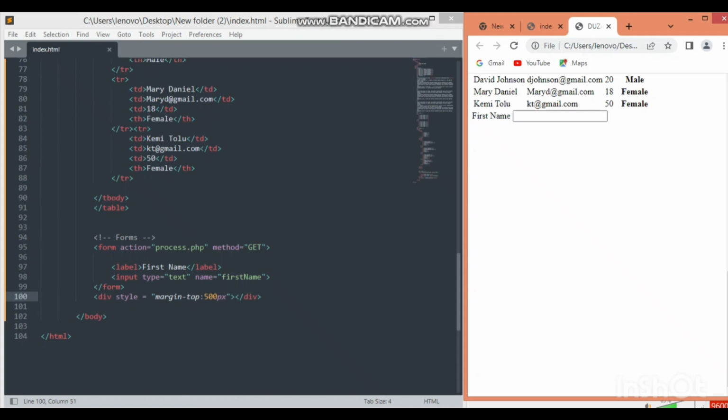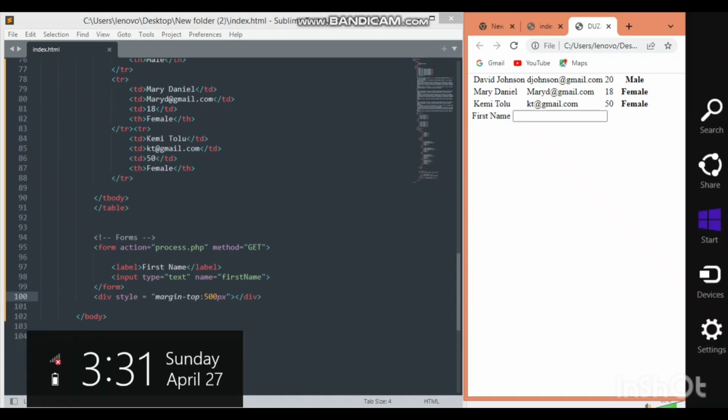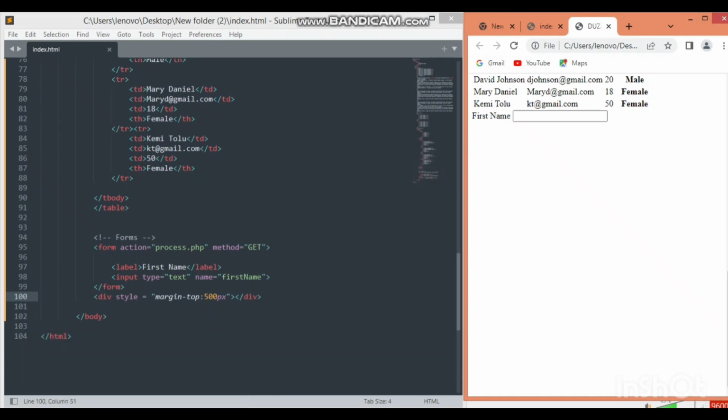This element, the div which I wrote the other time, is supposed to come after this form. Everything else was over here, that was why the first name went up there. But you can see they are too close, so to give them a gap, a space downward,